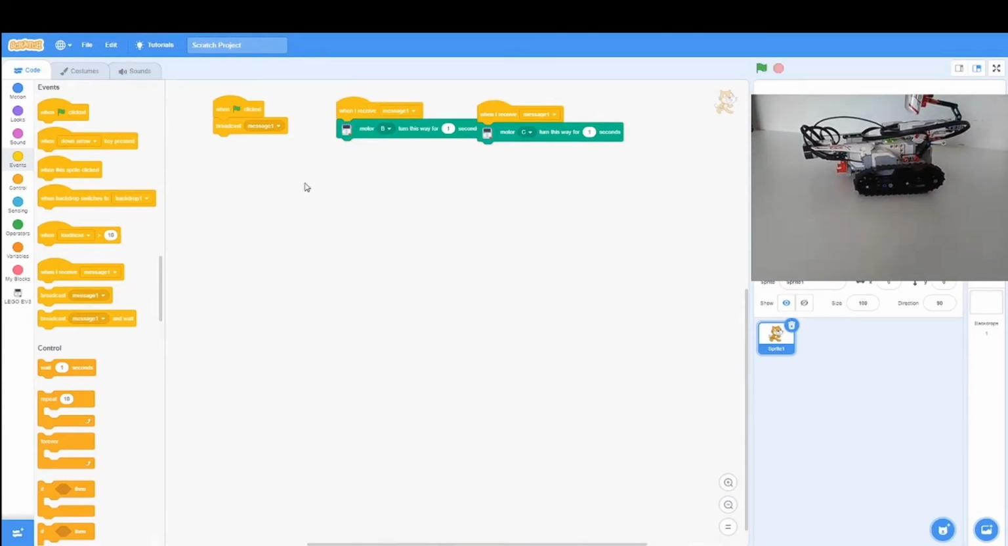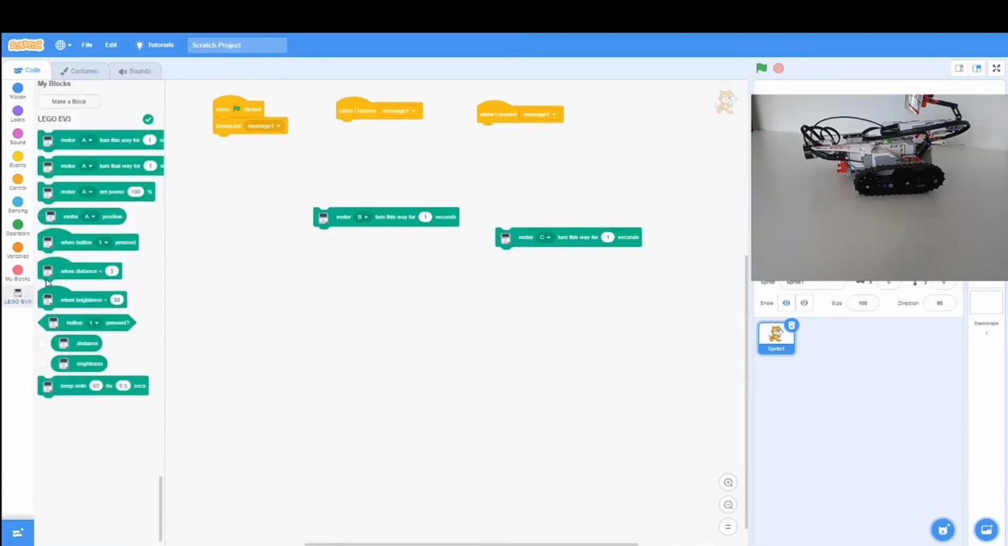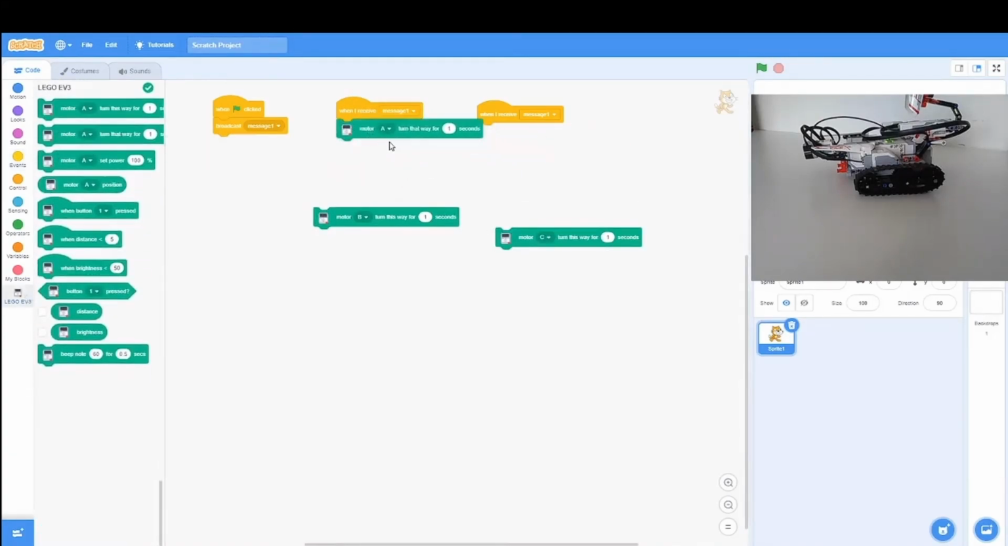So we can do the same, but move it backwards. So moving it backwards, there's another block for that, and what we are going to do is we're going to go into Lego EV3, get this block, motor B turned that way, and motor C turned that way, and then